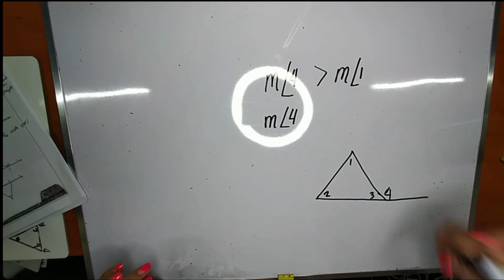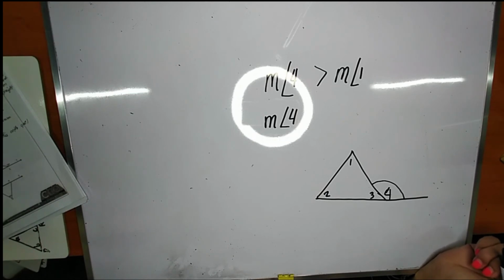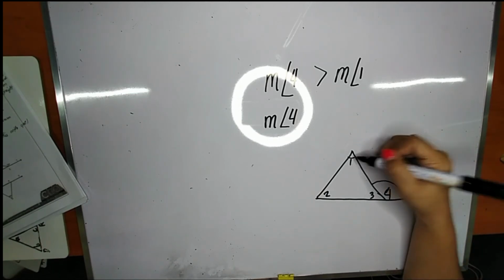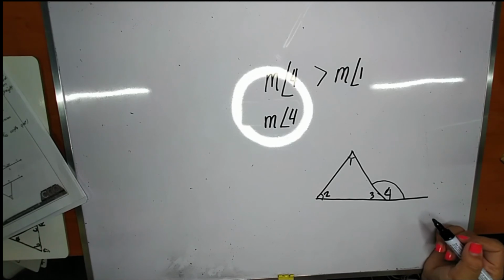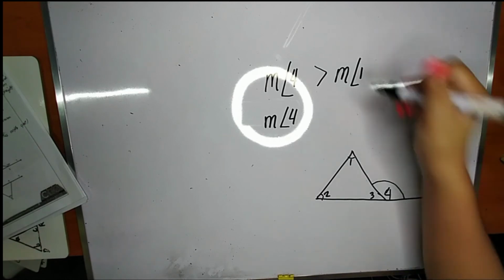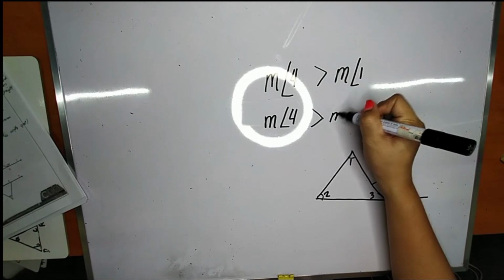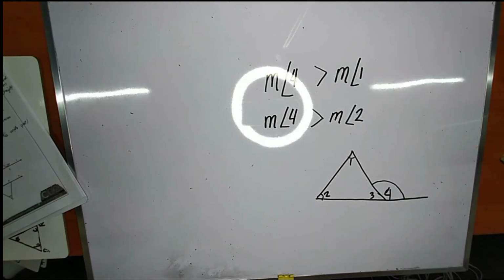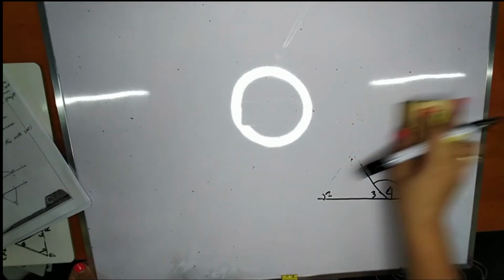Okay. So, this is the exterior angle from earlier, angle 4. According to the theorem, angle 4 is greater than remote interior angle 1, and also greater than remote interior angle 2. So it is not "or", but "and". Which means exterior angle 4 is greater than the measurement of remote interior angle 1, and greater than the measurement of remote interior angle 2. Okay, so that's it. So, second example, we have